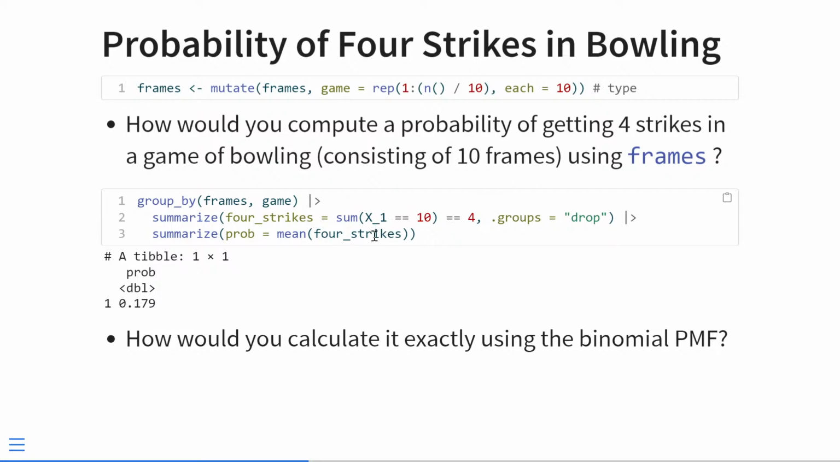Got it. Okay. But anyway, so this, when you group by, summarize, and then groups is drop, now we're going to get a data frame or a tibble with 1,000,000 rows and 2 columns, one is the game, the other is this new column called 4 strikes, which is either going to be true if that game had exactly 4 strikes,